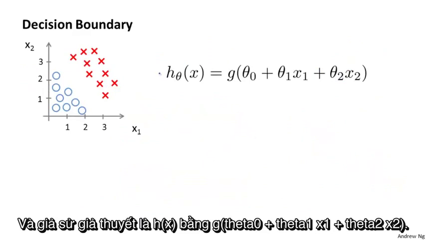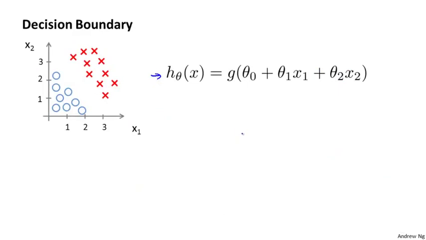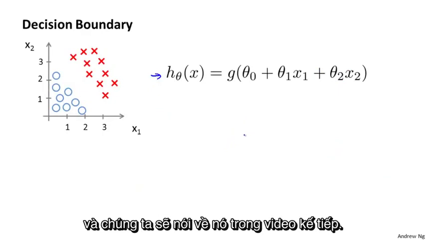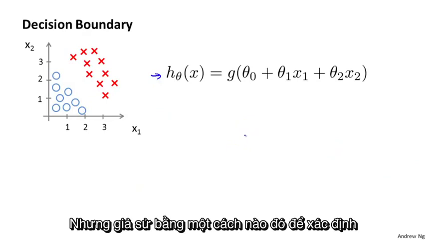And suppose our hypothesis is h of x equals g of theta 0 plus theta 1 x1 plus theta 2 x2. We haven't talked yet about how to fit the parameters of this model. We'll talk about that in the next video. But suppose that